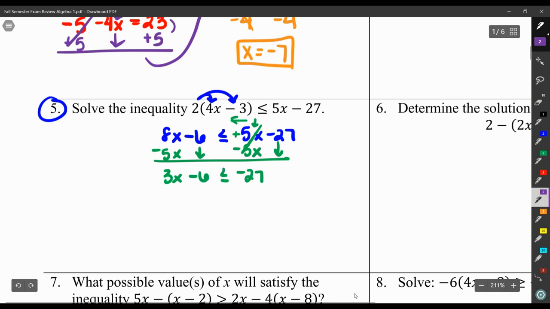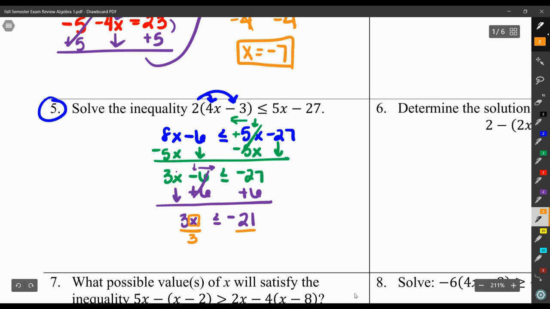Step 4, get the constants on the other side. So since this is where my x is, I need to take this negative 6 and move it over. So to move a negative 6 over, we do the opposite, which means we're going to add 6 to both sides. And we get 3x dropping down, less than or equal to, and then negative 27 plus 6 makes negative 21. And then the last step to get x completely alone is we're going to divide out the coefficient of